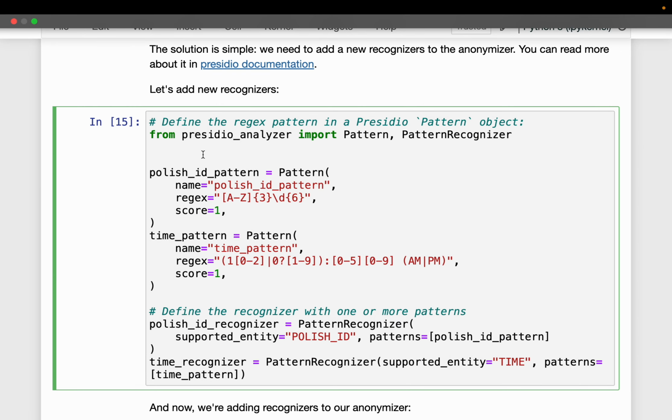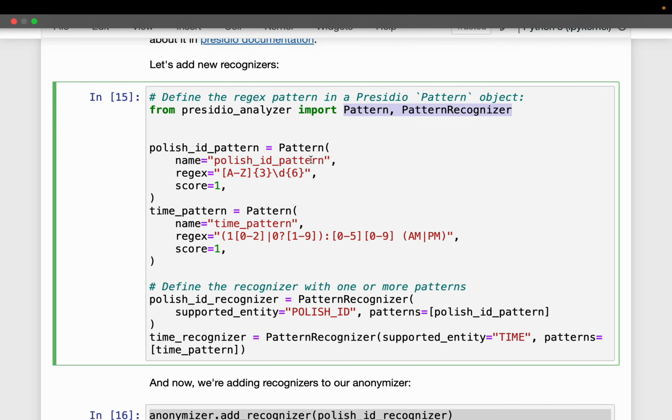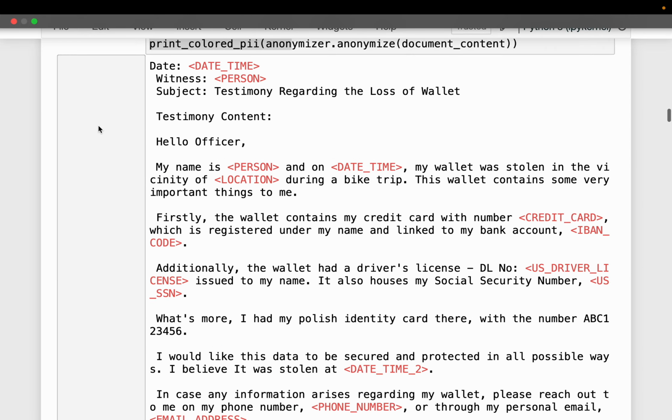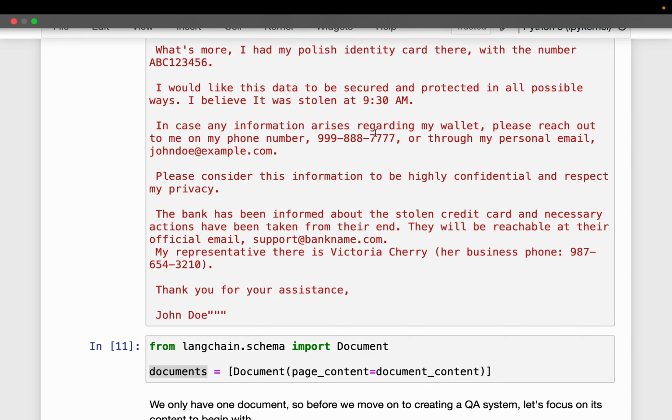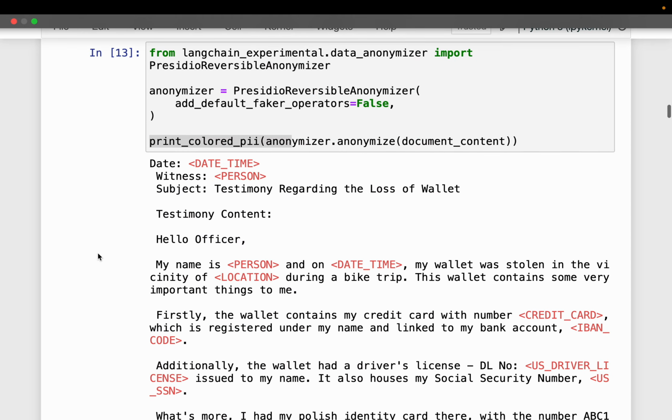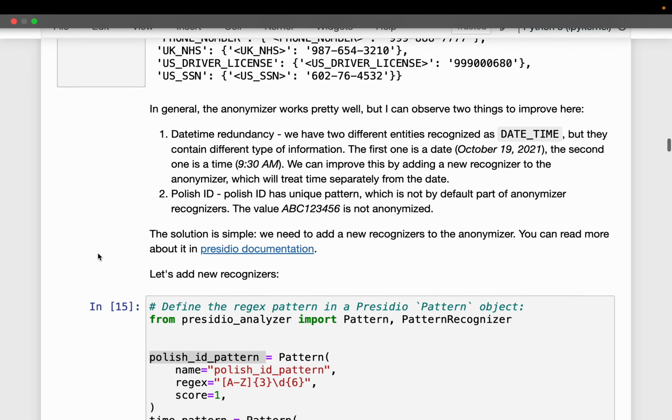So here what we are doing is from Presidio Analyzer, we are importing the pattern and pattern recognizer. So first we define some patterns. First we are defining this Polish ID pattern. As we have seen here, it has these 3 alphabets followed by 6 numerics. So let's say that's how the Polish ID looks.